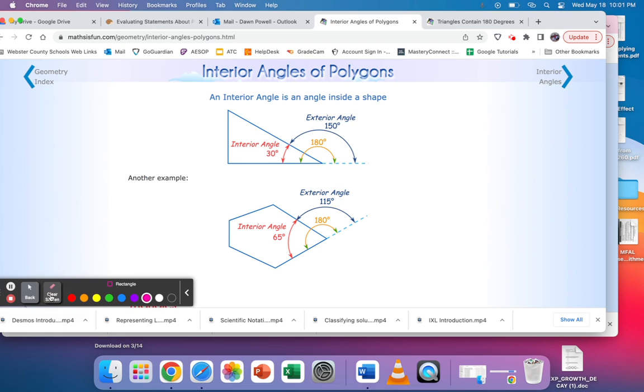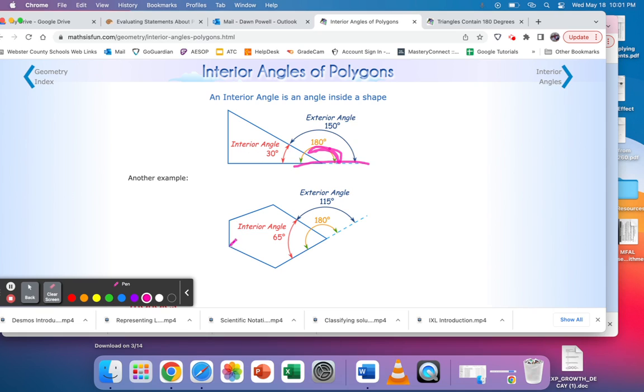But if you went through and extended a side length out like they did here, and you found the angle on the outside of the polygon, then that would be considered an exterior angle. So the interior angle is inside the closed figure, and the exterior angle is formed when you extend a side